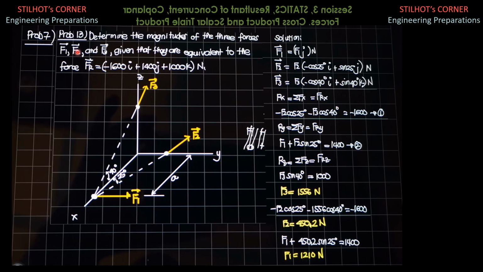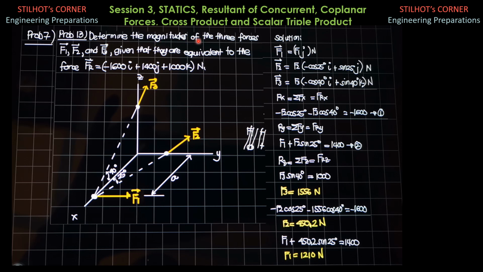Problem 7. Determine the magnitudes of the three forces F1, F2, and F3 given that they are equivalent to the force Fr, or the resultant force, in vector form, negative 1600i plus 1400j plus 1000k newtons. So let's have the summation of forces. Let's express each force in vector form. F1 is directed towards the positive y direction, so F1 is just